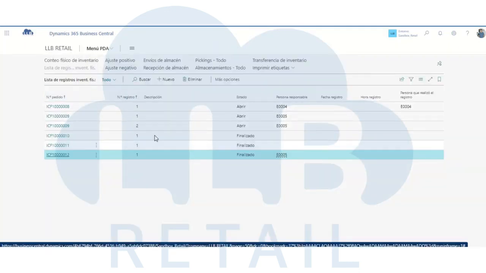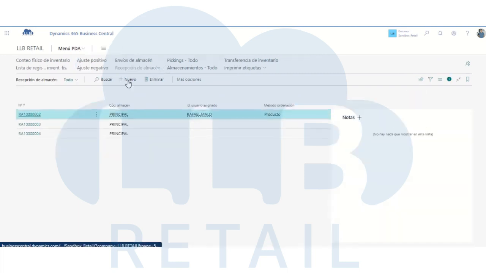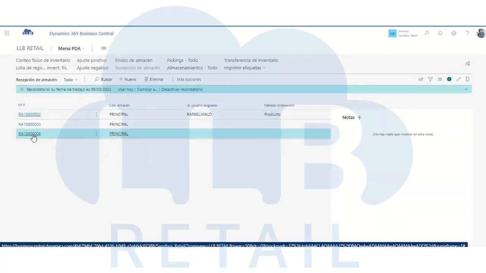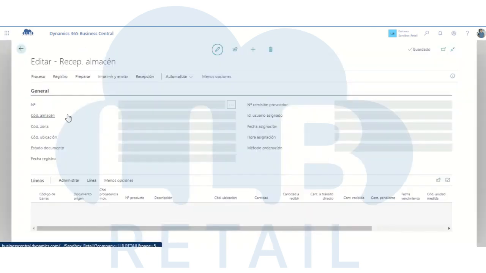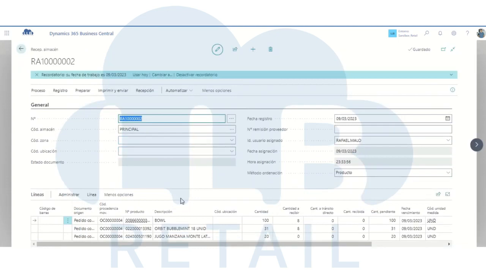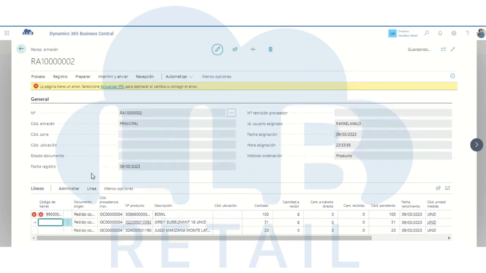Now we go to the warehouse reception. We go, for example, to 04, and here we can make receptions of those units that we decided in the warehouse, and for storage purposes, we need to recognize them. So for example, I have several products, and the system makes me a couple of validations. For example, the first validation is that when I scan a barcode that is not related to the document, it gives me an error saying that the item is not